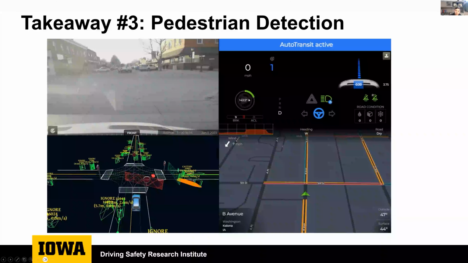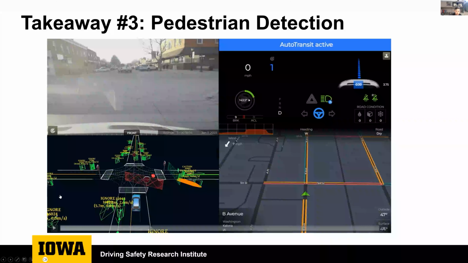you will see those two pedestrians that are walking along the sidewalk towards the intersection. Now, it doesn't show it yet. The transit has just come to a complete stop at the stop sign, but the route goes and makes a right turn here. So it would be crossing the path of these pedestrians.